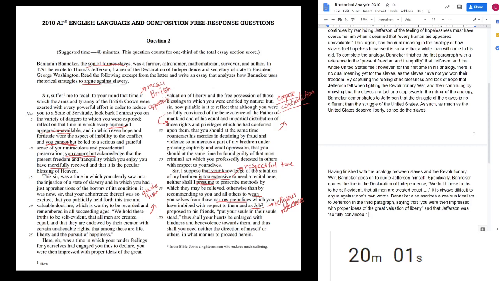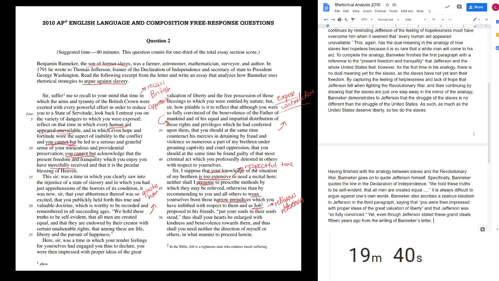Yet, even though Jefferson stated these grand ideals 15 years ago from the writing